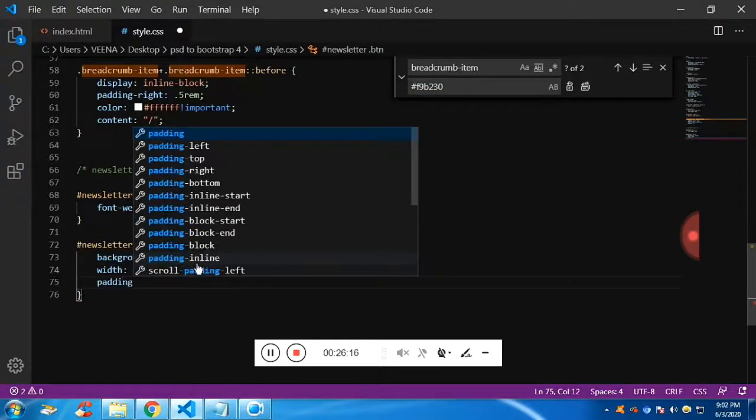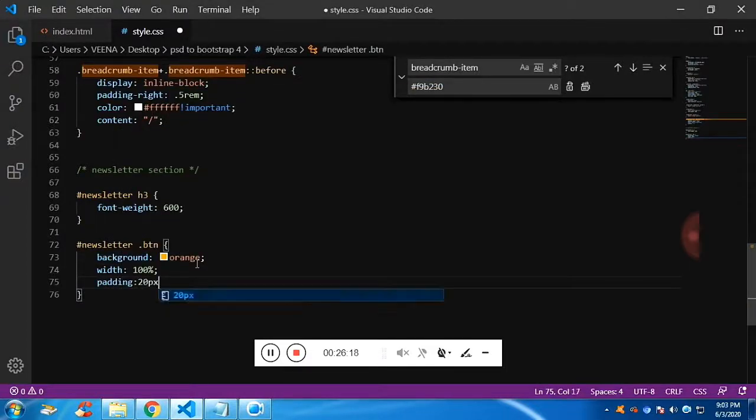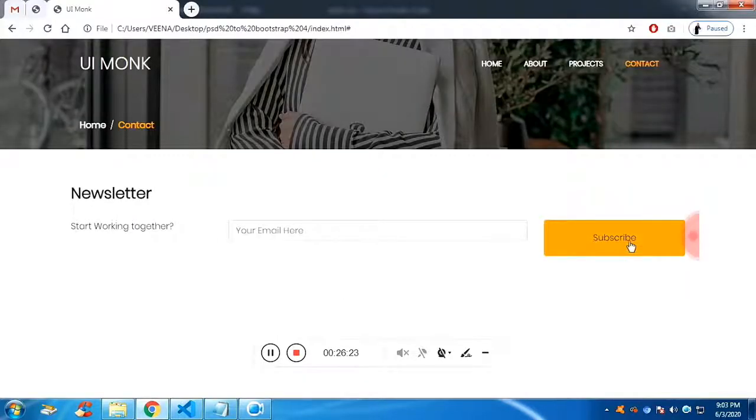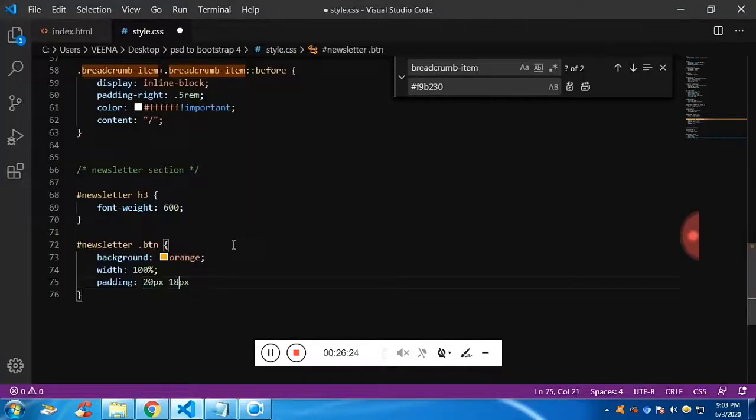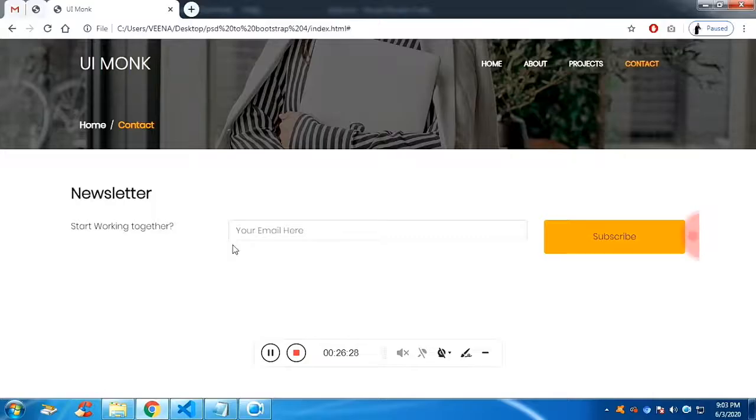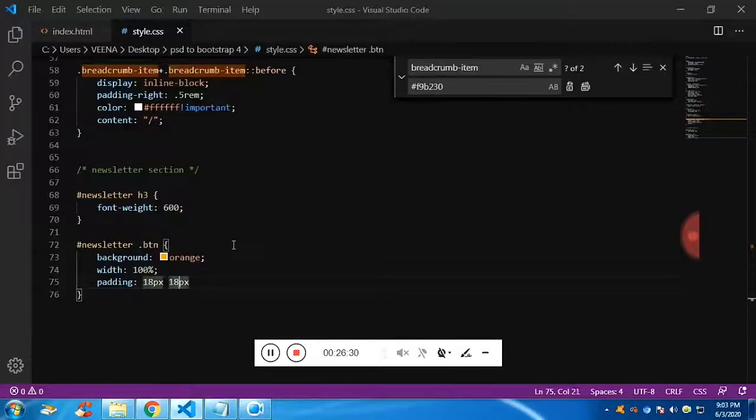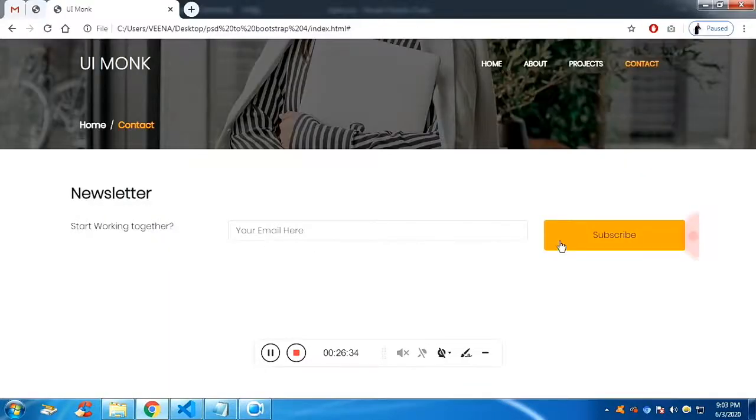If you wish to give padding, you are free to give padding, but in this case I don't think padding is required, but let's try. Let's make it 18. That doesn't look nice. Let me make it 15. It does not fit the input field, so let me remove it.